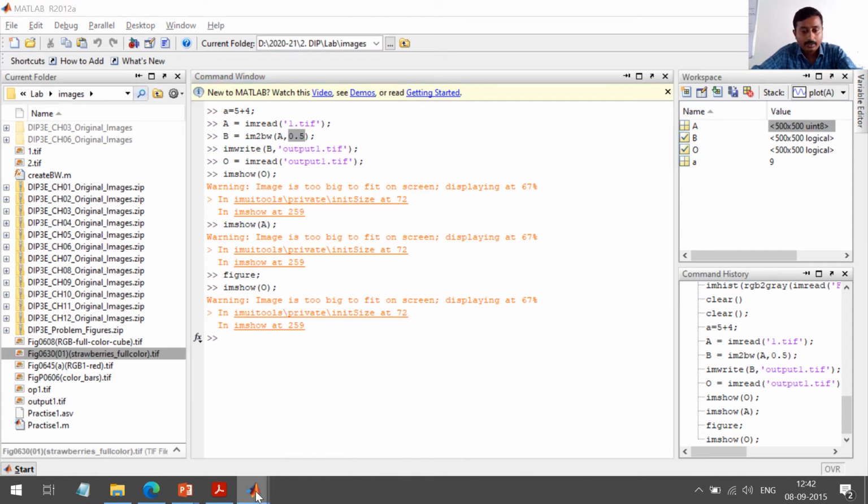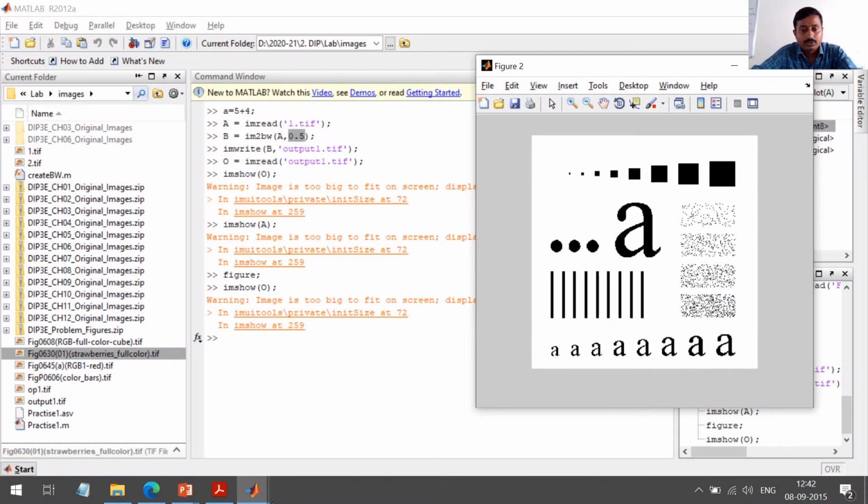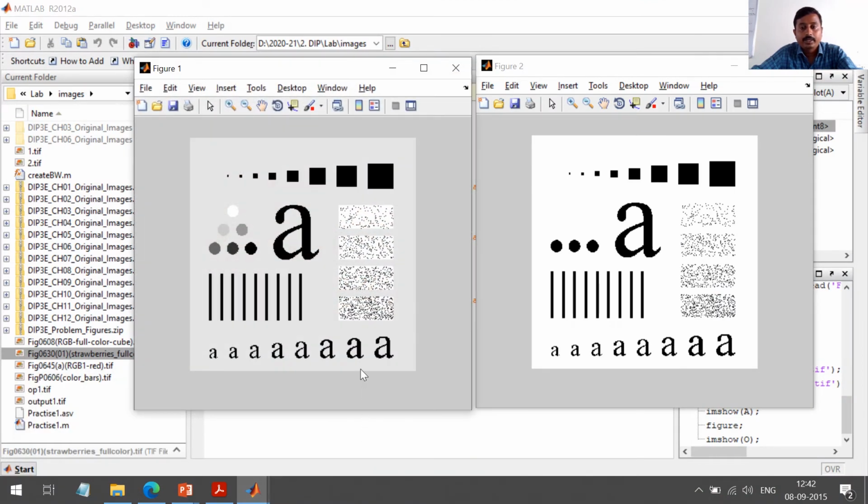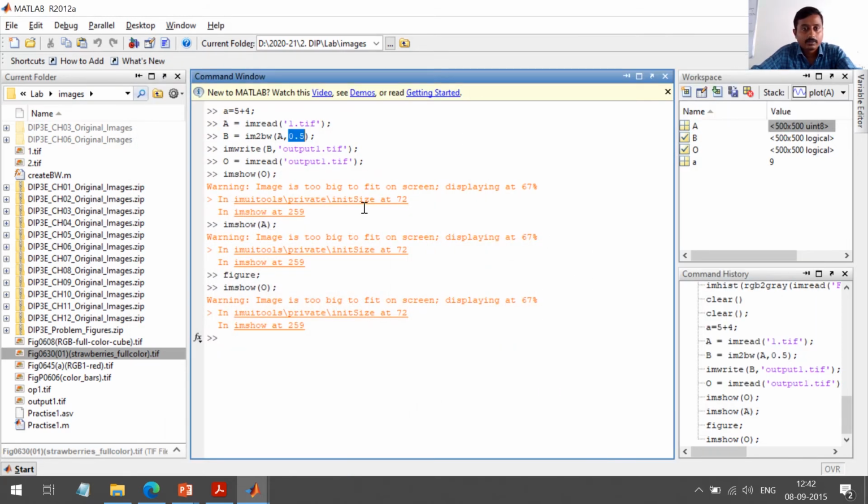So the pixel values which are above 128 will have the value one. That's why these three circles got a white value, that is one, and these three circles got zero value, that's why they are shown in black. So this is the working of the imread, im2bw, imwrite and imshow functions.